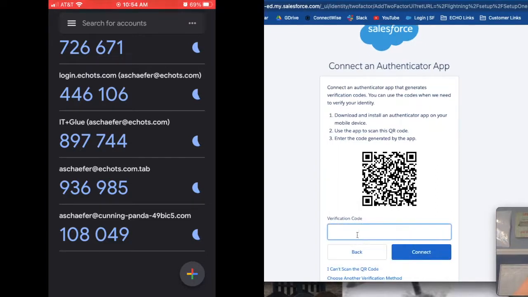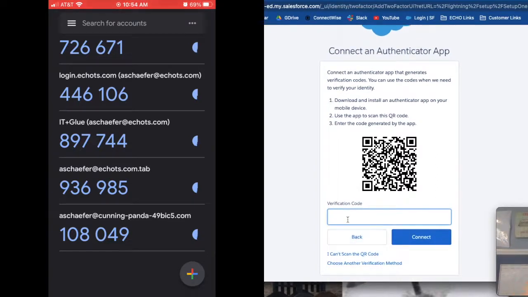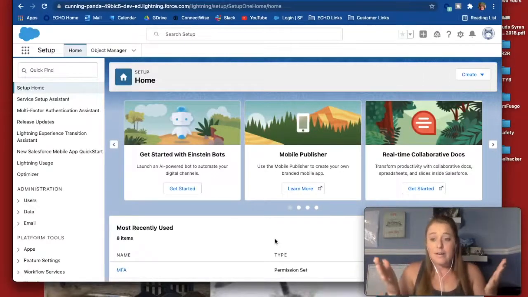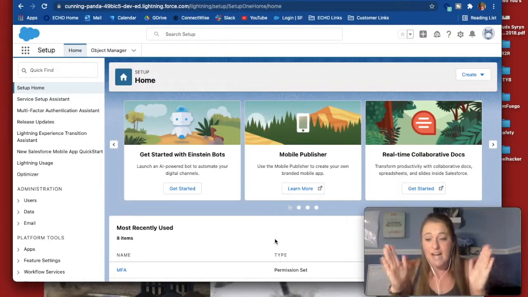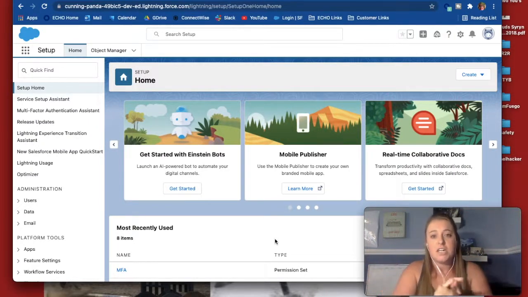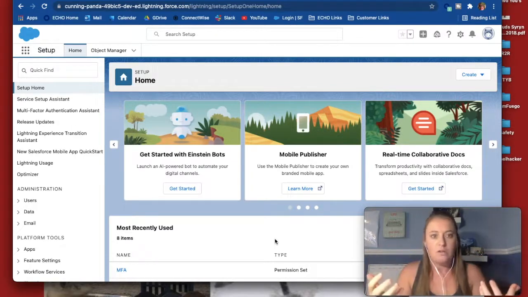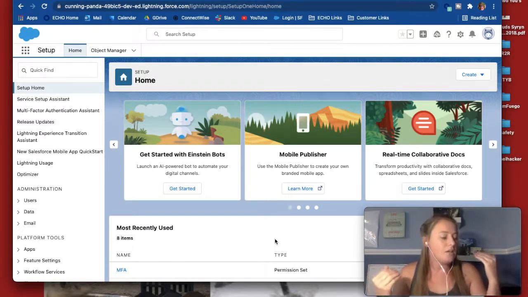And at this point, now what I need to do is put in the code that it is giving me at this moment. All right, so at this point, it really is that simple, guys. So I do understand that sometimes change can feel a little uncomfortable, but at the end of the day, by walking through this together, I really do want you to feel very comfortable with the fact that, maybe